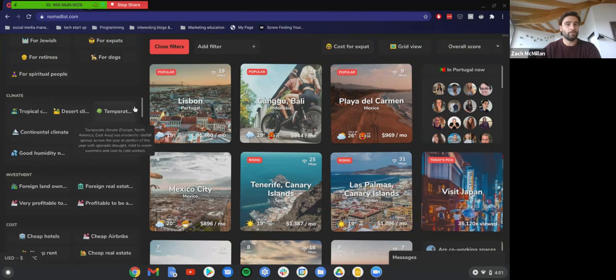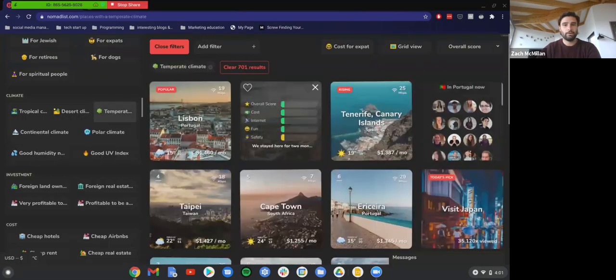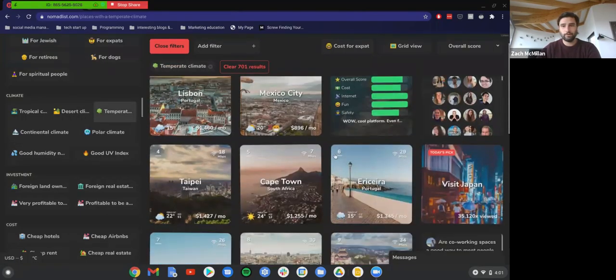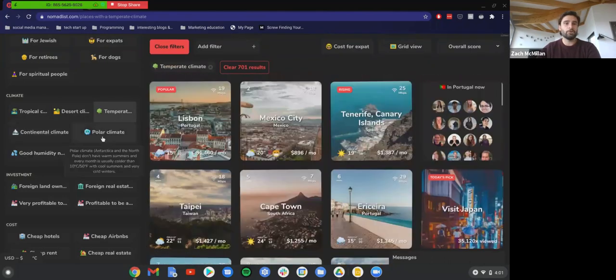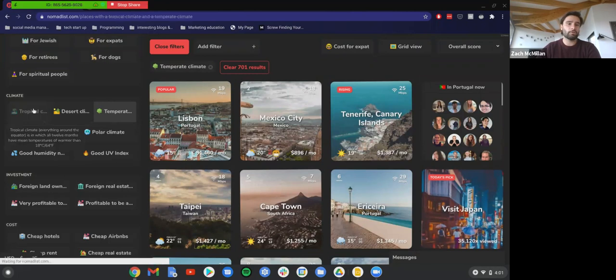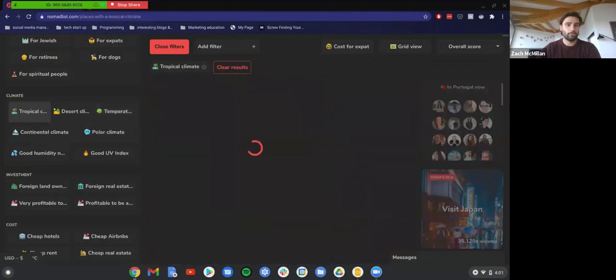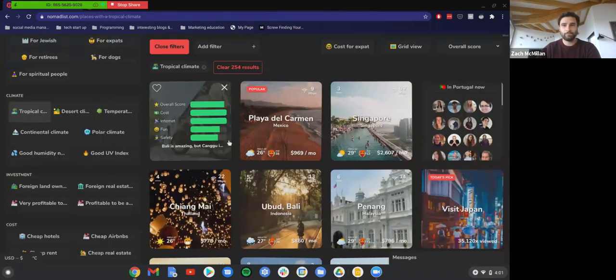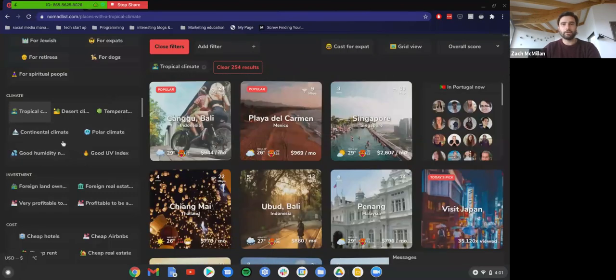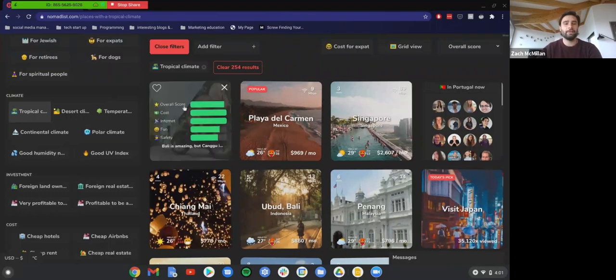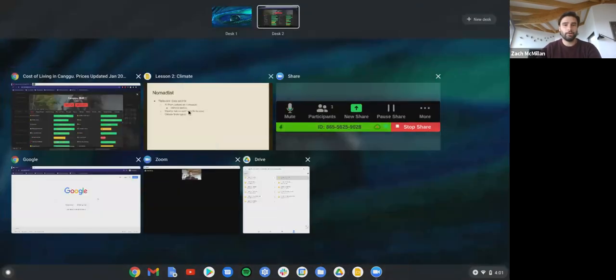So this is a really good way. Do you want a temperate climate? And you can see what comes up here. Yeah, so this is good generally. Do you want to go somewhere tropical? Make sure you unselect the other option. So these are all tropical places. So that's at a high level, but then if you've got a specific place in mind, you can click on